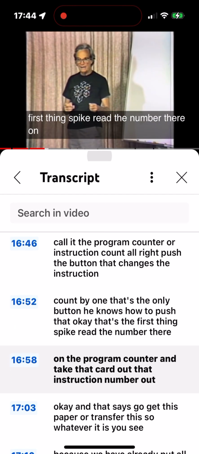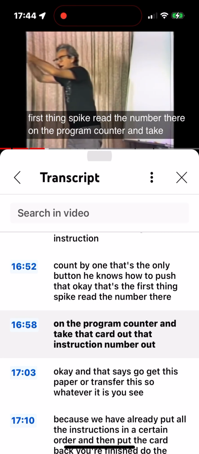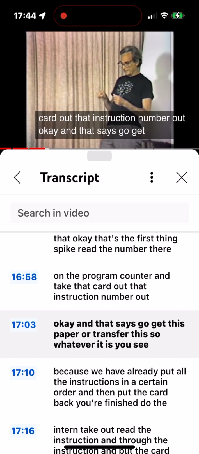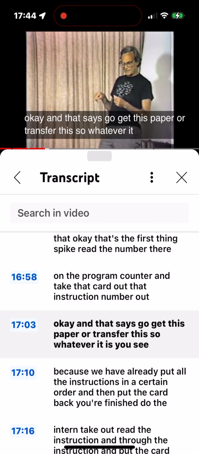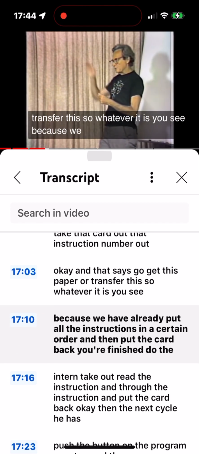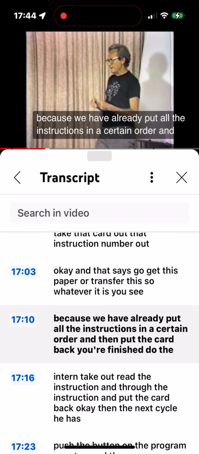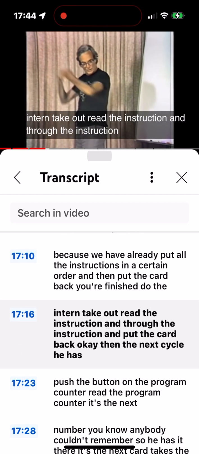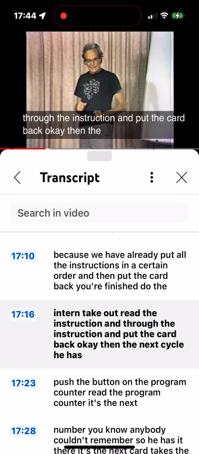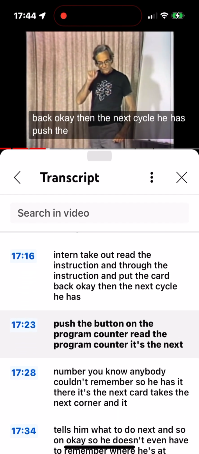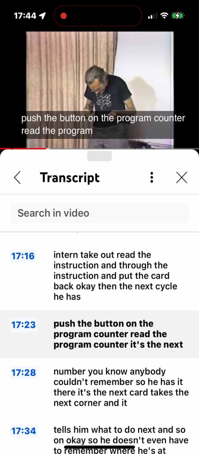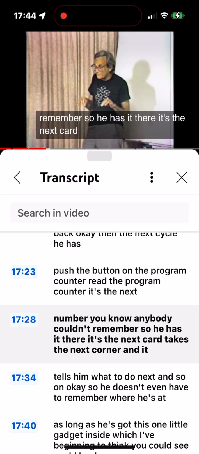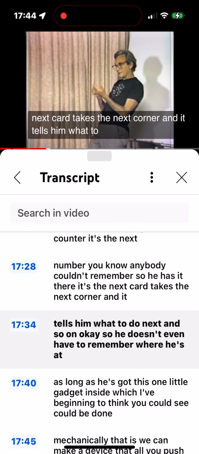Read the number there on the program counter and take that card out, that instruction number out, okay? And that says go get this paper or transfer this or whatever it is, you see? Because we have already put all the instructions in a certain order. And then put the card back, you're finished. Take out, read the instruction, and do the instruction, and put the card back, okay? Then the next cycle he has, push the button on the program counter, read the program counter, it's the next number, you know. But he couldn't remember, so he has it there. It's the next card, takes the next card out, and it tells him what to do next, and so on,